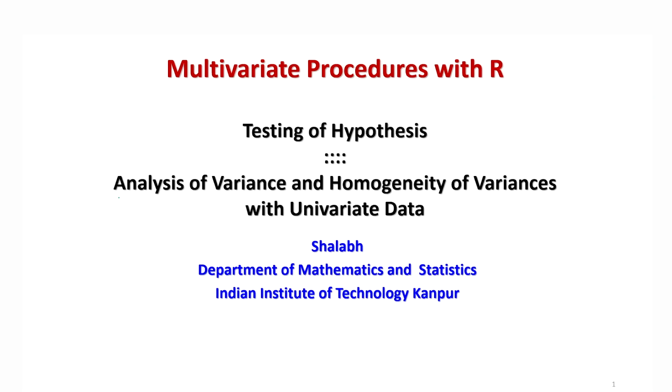So in order to understand the outcome of the R software, it is important for you to understand how they have been found and what they are indicating. So with this objective, let us begin our lecture and try to understand analysis of variance and Bartlett test. Right. So in this lecture, we are going to cover two topics, analysis of variance and homogeneity of variances. And they are going to be handled only for the univariate data.